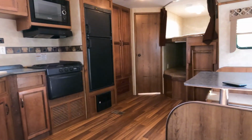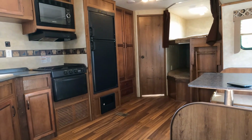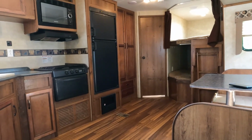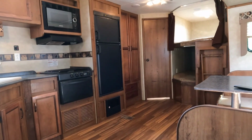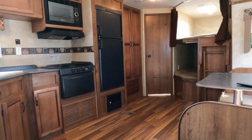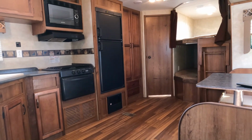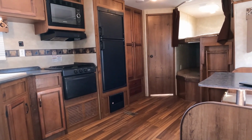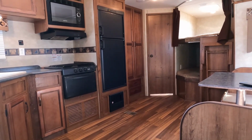Come out, take a look at this unit, inspect it for yourself, of course, because we only do the major systems inspection. Everything else we sell as is. If it works, it works. If it doesn't, it doesn't. Again, we check and make sure at time of sale that the slide outs work, or slide out in this one, the roof air, the refrigerator and freezer, water systems, which includes water pump, water heater,